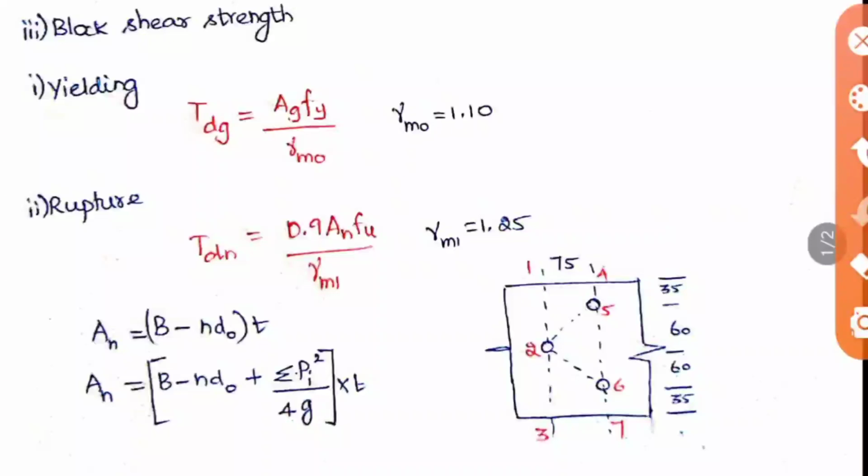Now we have seen 4 different cases, and for them we get 4 different critical areas. Based on these 4, the case for which you get the minimum area will be the answer. For this question, the minimum effective area you will get along the section 4, 5, 6, 7. This area you should keep as the An value for this formula. You can do it on your own and check whether it is coming right or not. So that's all with rupture for this type of element.